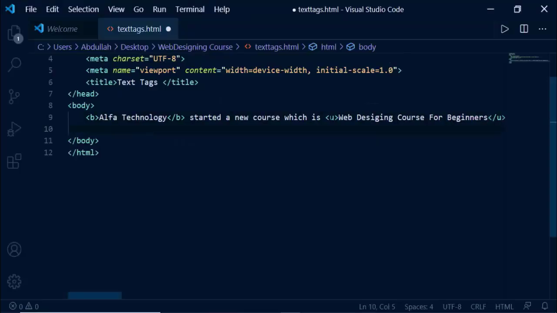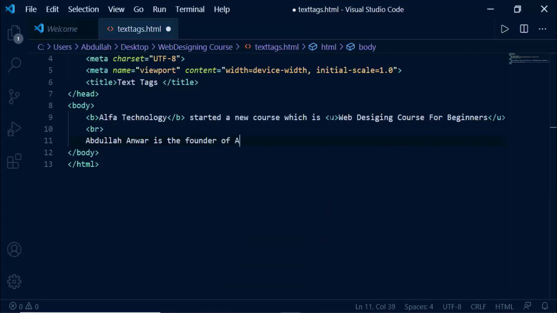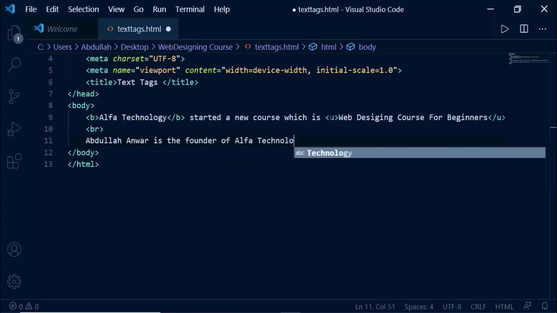Okay, let's move on. Let's add a break tag there, or you can use P tag for the explanation. I am using break tag right there. Now I will add another thing. I will say Abdullah Anwar is the founder of Alpha Technology.